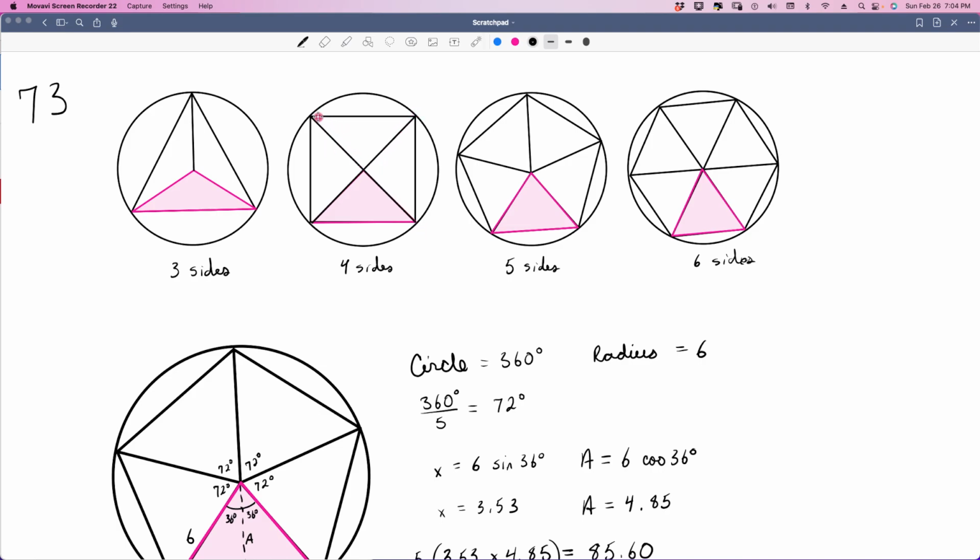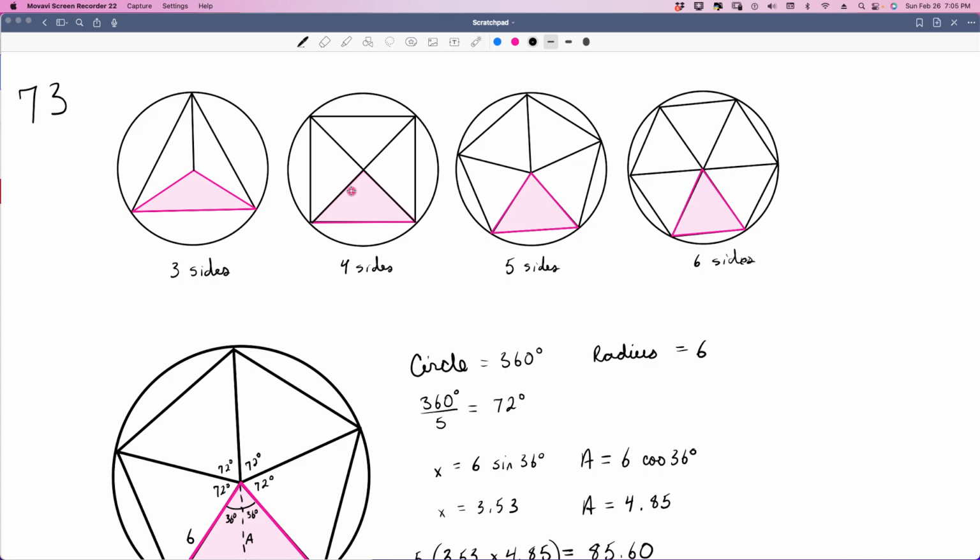And then from the radius point on the circle to the point where another radius touches, that's going to be a side, or what we call a chord in your circle. So this little triangle here,